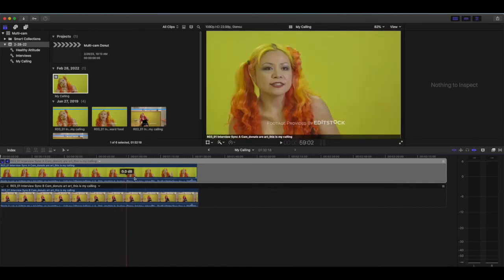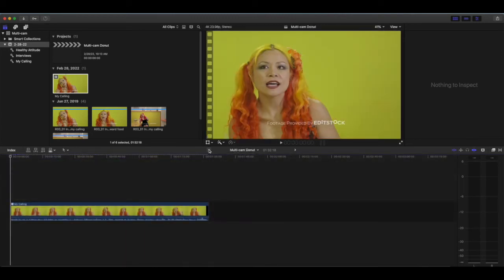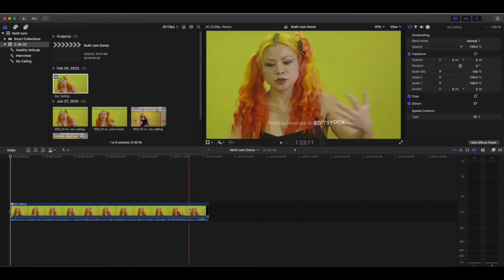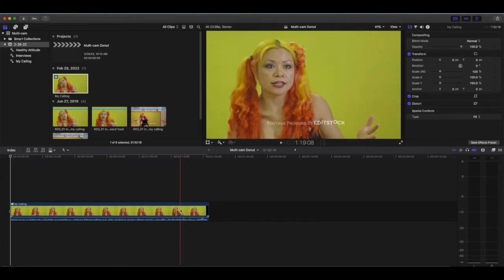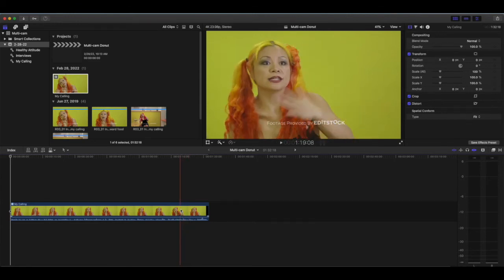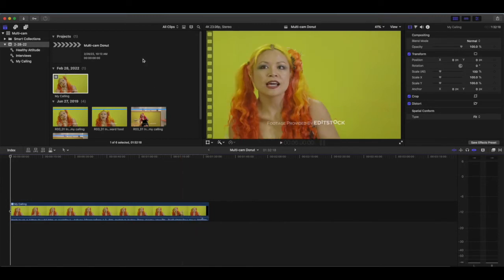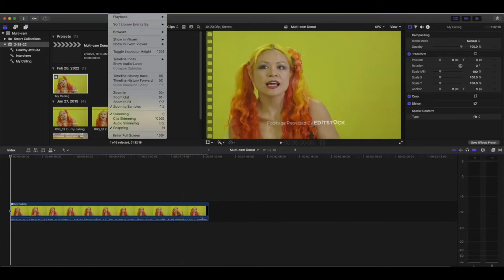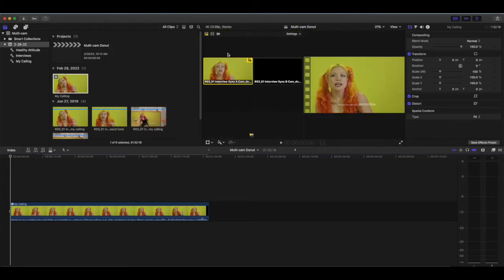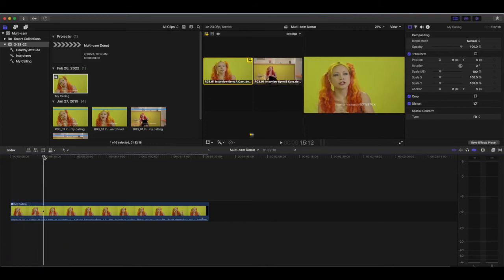If I want to get out of this view, I'm going to click here, go back to this view. Now, in order to see the two different angles that you have combined together, we're going to go up here and we're going to go to View, and then you're going to do Show in Viewer, and then you're going to do Angles, because you want to see multiple angles. So right here we can see our angles, and the way that you're going to edit when you have a multicam